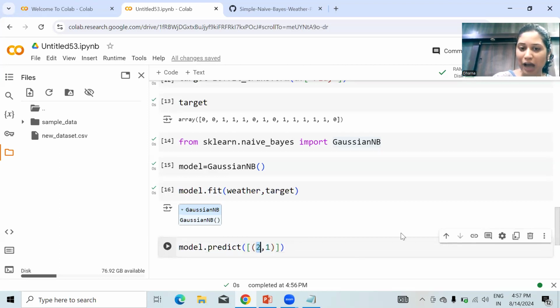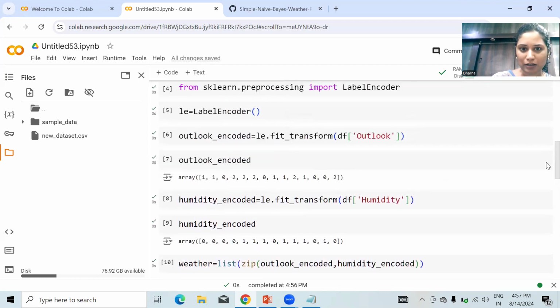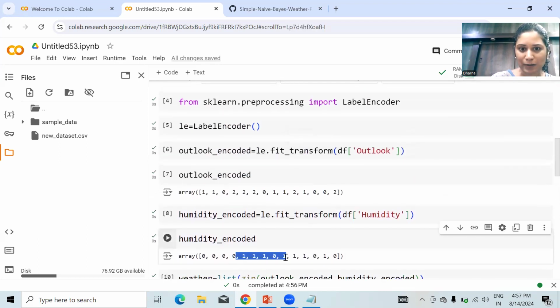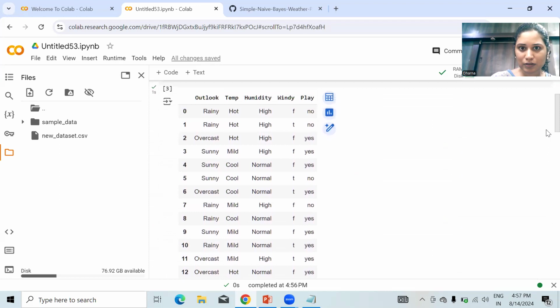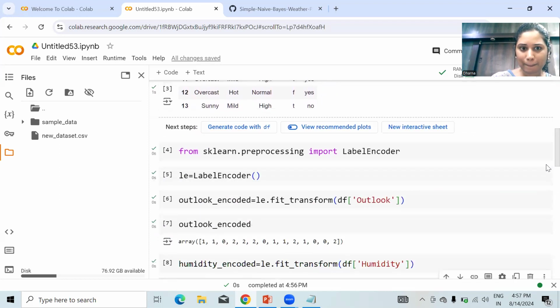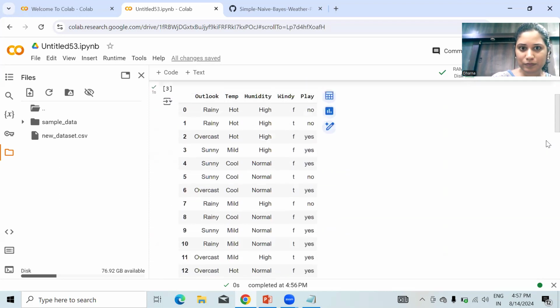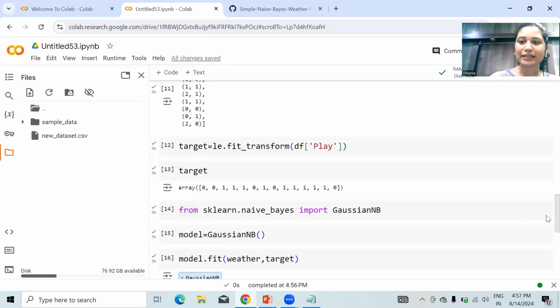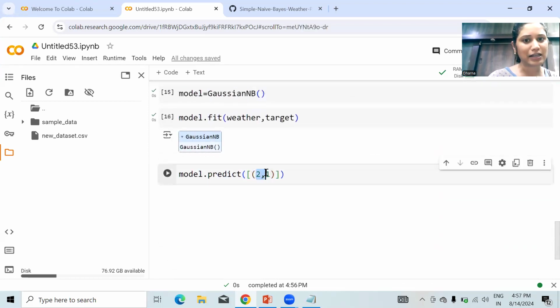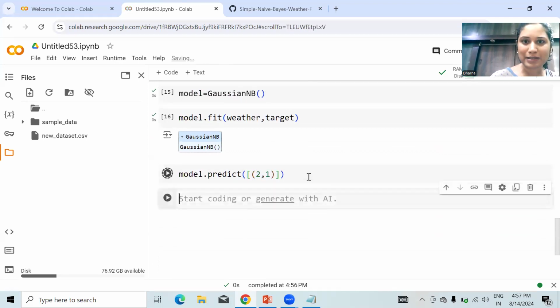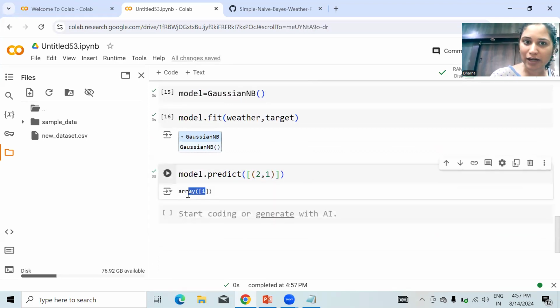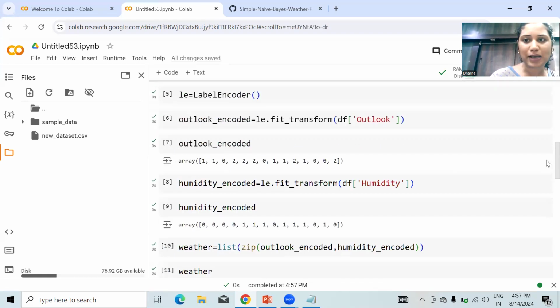In the outlook column, 2 means sunny, and 1 in humidity means normal, as we have already seen. We should get the output as 1, because when the weather is sunny and humidity is normal, it should be yes, meaning the player can play. So we are getting 1. That is how we can do prediction using the Naive Bayes classifier.